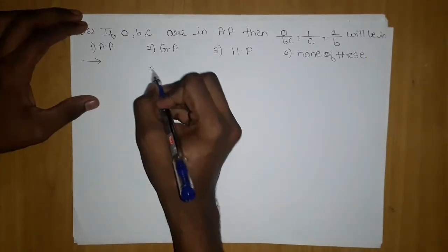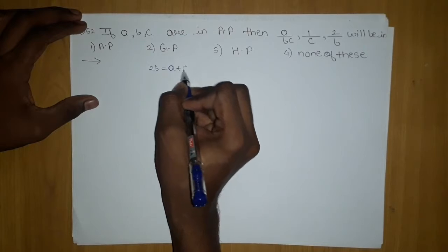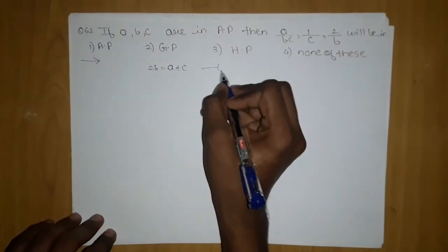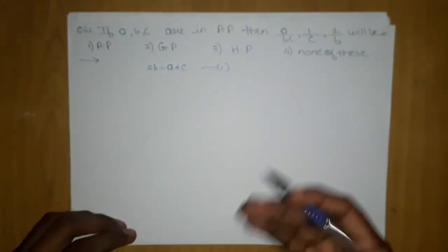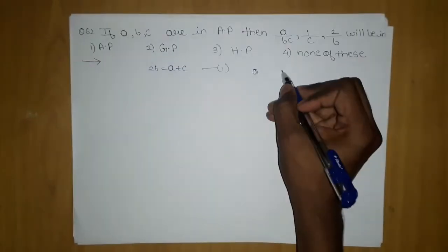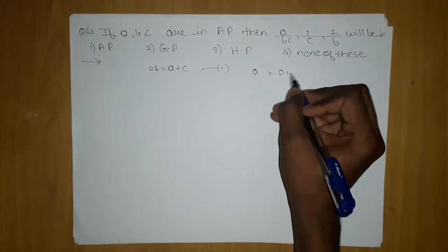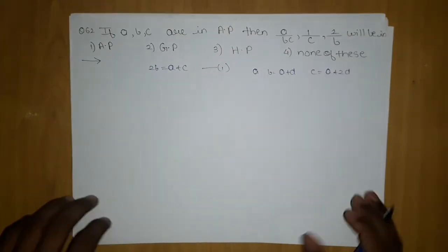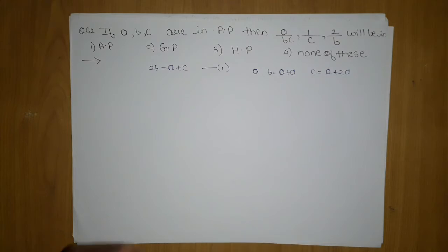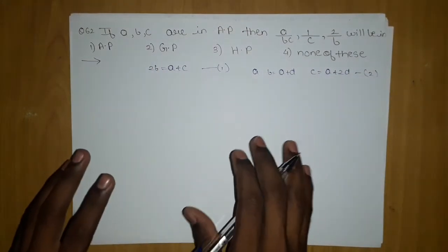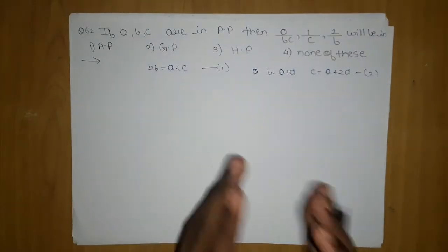Using this concept, which is very general and you study in lower classes: 2b is equal to a plus c. Every child will think like that. Now if a child moves to class 11th, he becomes more mature, he will say I will use this trick: take a as a, b as a plus d, and c as a plus 2d. Fine, no problem. Now the rules are set. You have to use these two conditions only. But you have to check AP, GP, and HP.